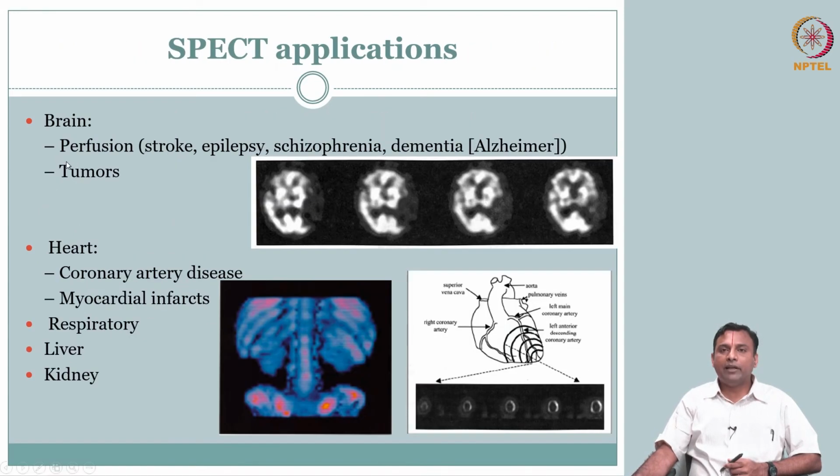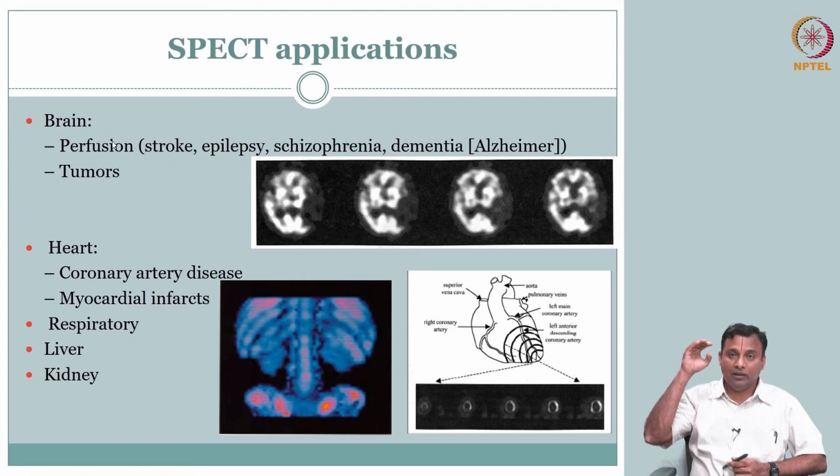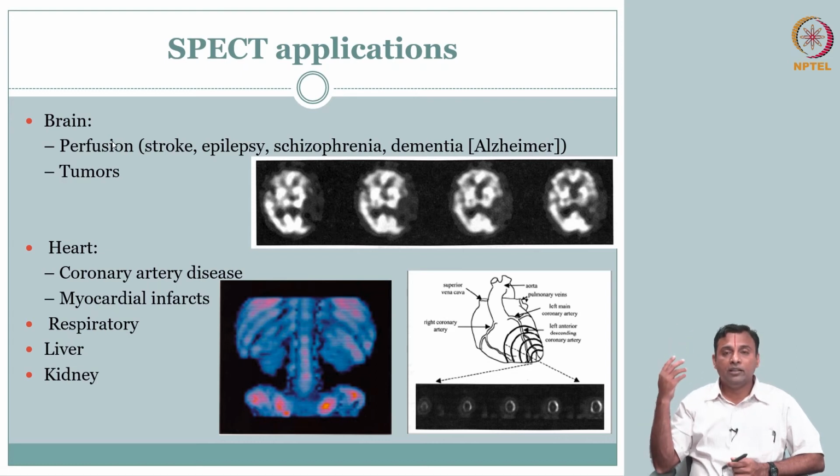So, there are several applications for SPECT. Brain, again, brain is an active organ where we always talk about cardio, but brain is a very important opportunity because of CT. Remember, CT was a deal: it is in the skull, you have to go through the skull. That way CT got popularity. Projection radiography, especially for brain soft tissue, was a challenge because your skull would take all the pixels. So, CT was very powerful to start to see inside the brain, but that is structural. So, we want to see the activity as well.